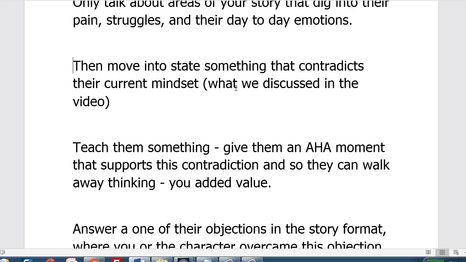So where they're thinking there is no hope, how do you get them from that state of mind to something that says there is hope? Or I used to think like you because I went through something similar to what you went through, and now I am the opposite. Something that is controversial, something that contradicts, is actually what will suck them in